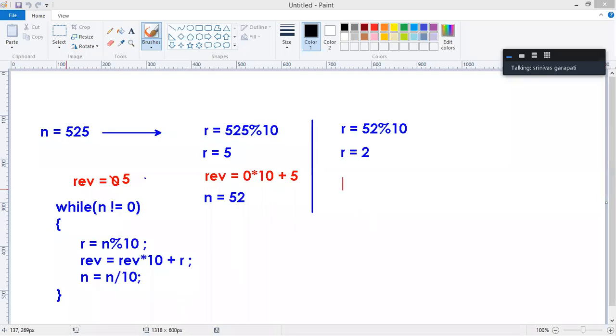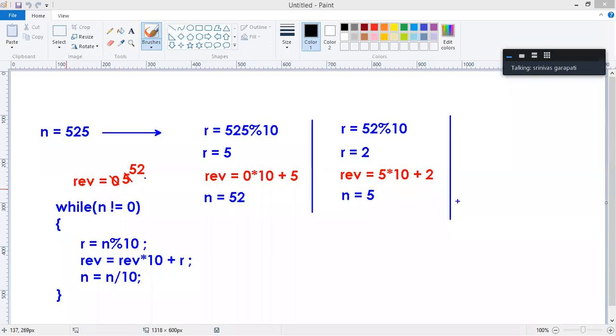And we find reverse equals, reverse value is not 0, it's 5. 5 into 10 plus the remainder value 2. So the reverse value is 52: 5 into 10 is 50, plus 2 is 52. Next, n equals 5.